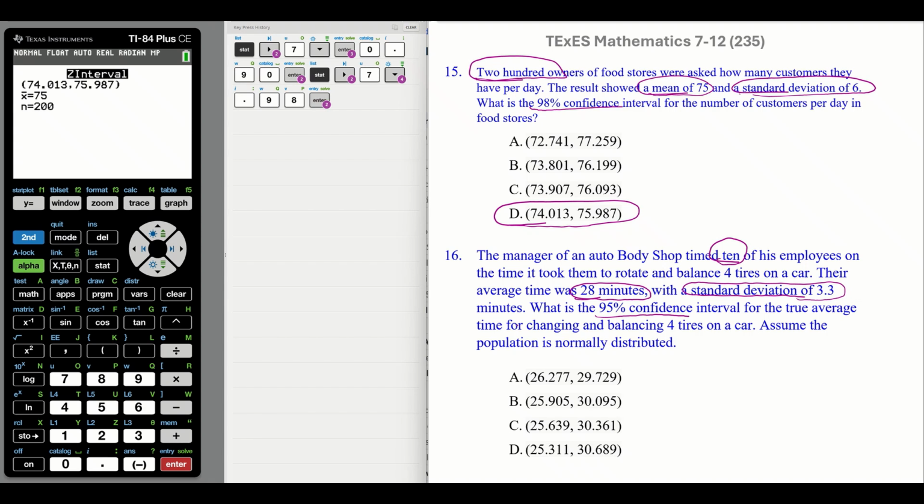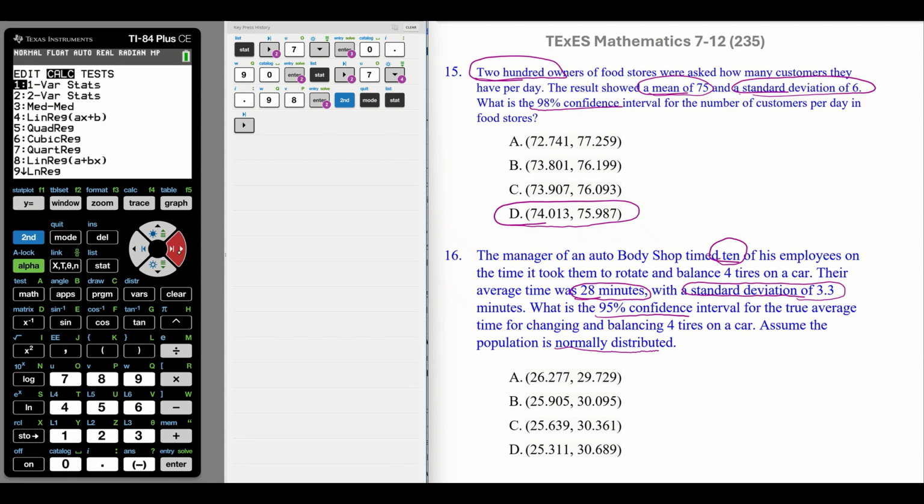They have to say that when we're doing a sample in this situation and we have a low sample size of 10. That is going to clue us in. Number 16 is very much like 15, but instead of using the Z interval, we use the T interval. So let's go ahead and back out, even though we probably don't have to, but let's do it anyway. Here we are. We need number 8 because of the small size.